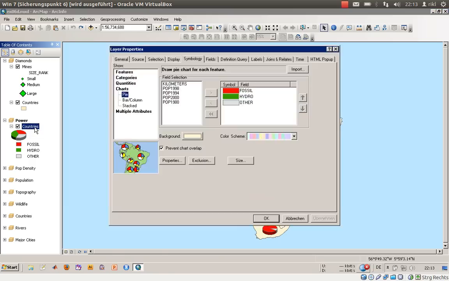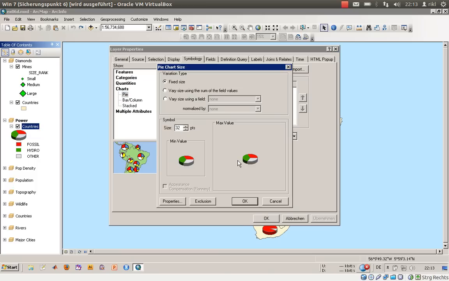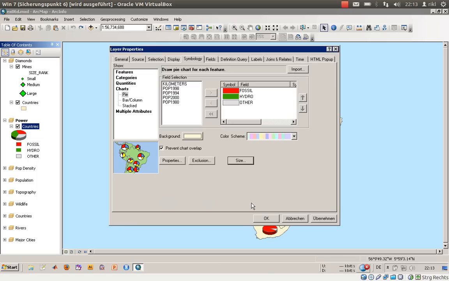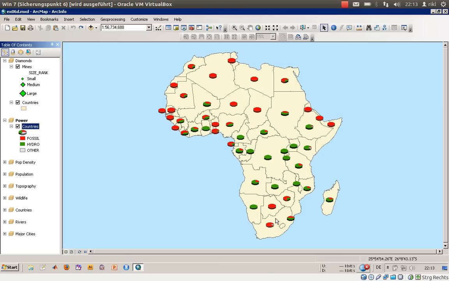Just double click on countries again, and there you have the possibility to adjust the size of these, so you can adjust it from 32 maybe to 16. Just click on OK. Once again OK. Now the size is quite fine to be visible in the map. Each pie chart is more or less in the borders of its polygon, and what we'll do as well is